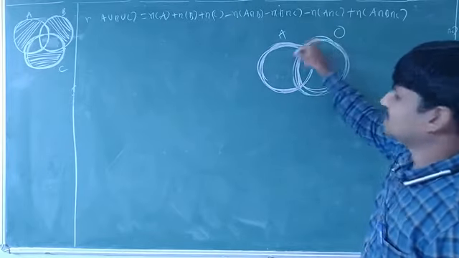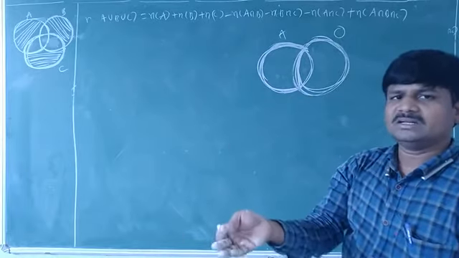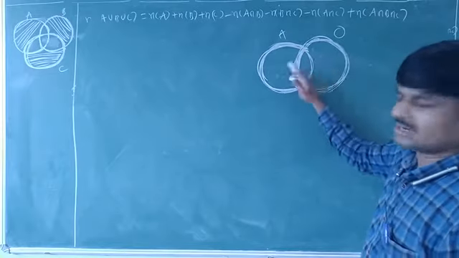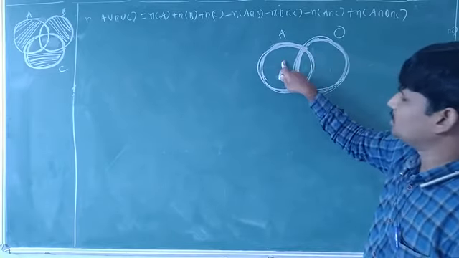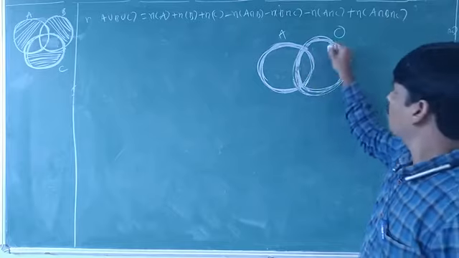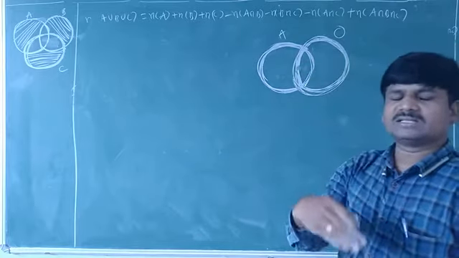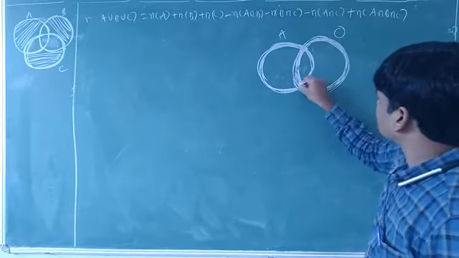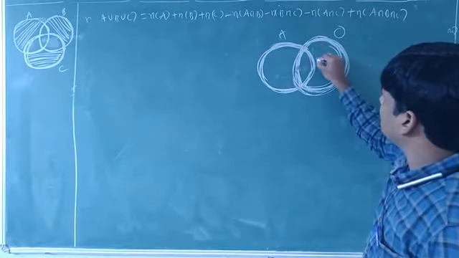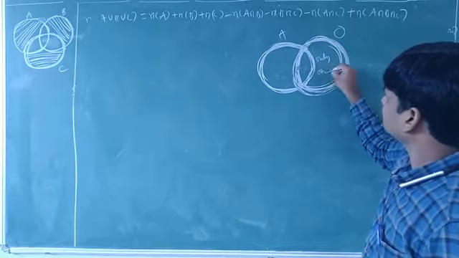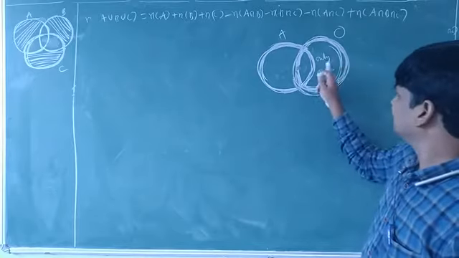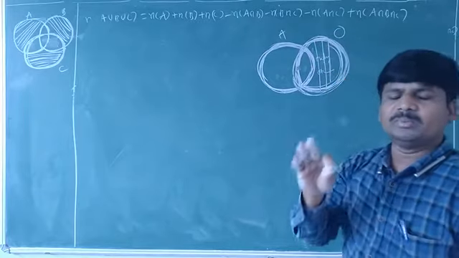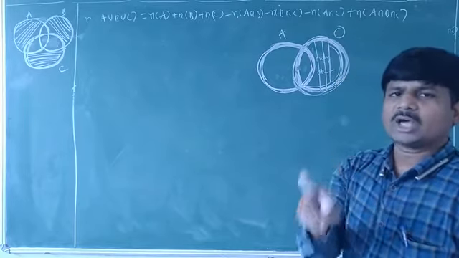What about this part? This part means some people are taking orange juice and apple juice also in this circle. Why? Because this common part is there, apple juice and orange part. So orange juice means I will take orange juice, as well as apple juice, both. What about this part? Only orange juice. That means in this part only orange juice people will be there. Who like orange juice? Those only.